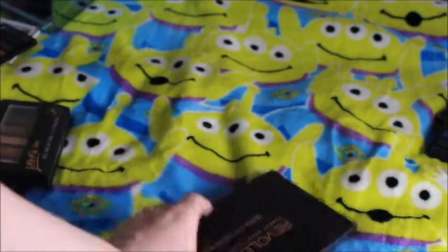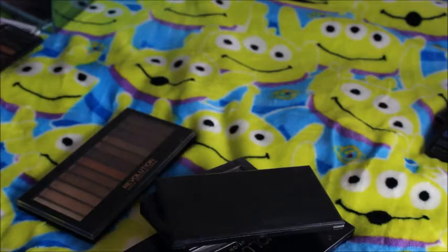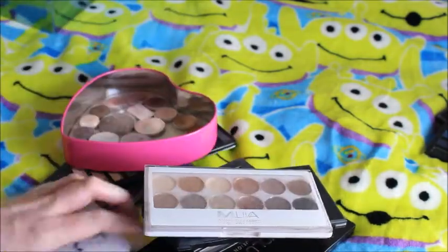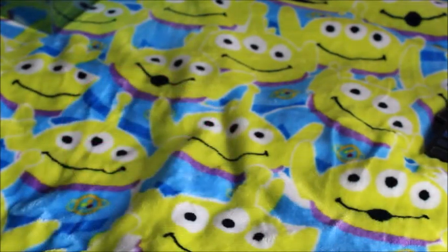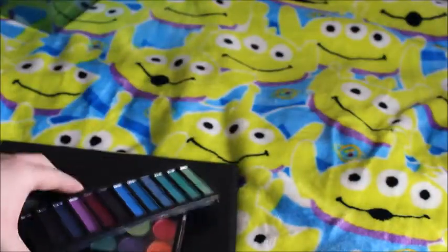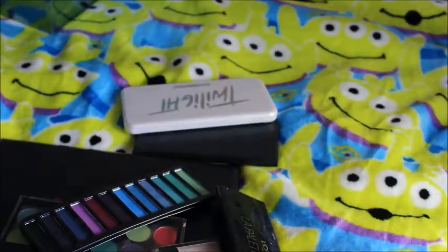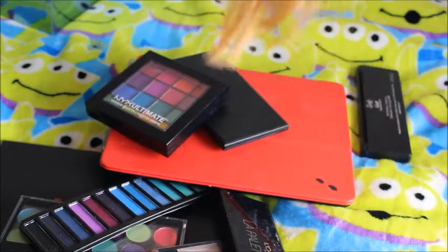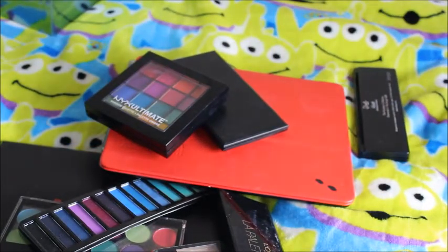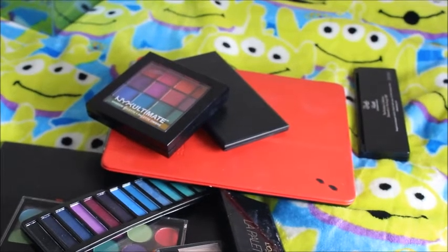I'm getting rid of 1, 2, 3, 4, 5, 6, 7, 8, 9, 10, 11, 12. I'm getting rid of 13 palettes in total. And I am keeping 1, 2, 3, 4, 5, 6, 7, 8, 9. I'm getting rid of that one as well, so that makes another one. 10, 11, 12, so I'm keeping 12. So I'm getting rid of more than I've actually got now. So I'm very pleased with that, considering I didn't think I was going to be able to get rid of any. So yeah, they're the ones I'm keeping, and the ones that